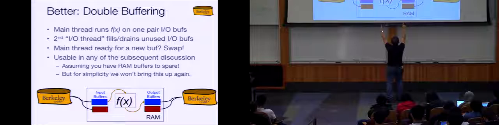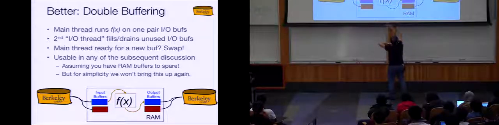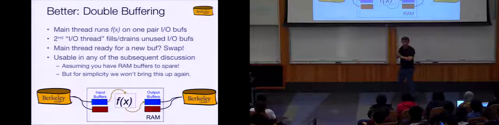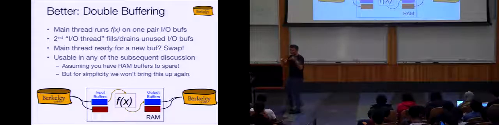And then when the main thread is ready to, say, read another block or write a block, well, there's a block ready to go, because the other thread either filled it or drained it, okay? And so you just swap the blues and the browns, and you didn't have to wait for the disk drives. That thread that's doing the computation is kind of always computing, and the other thread is doing the I/O in